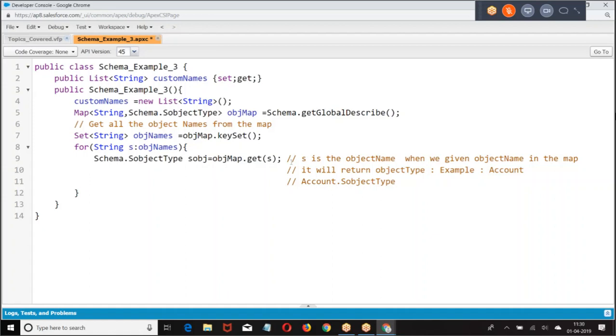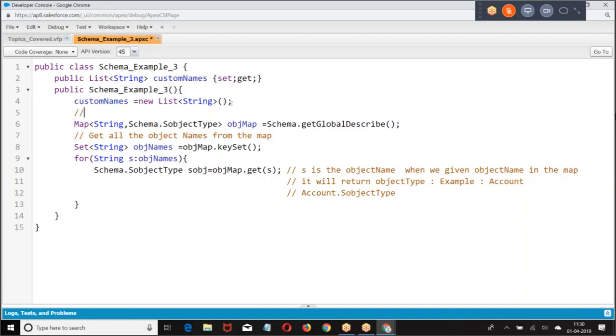It's a map. In the map, object name is the key, and object type is the value.